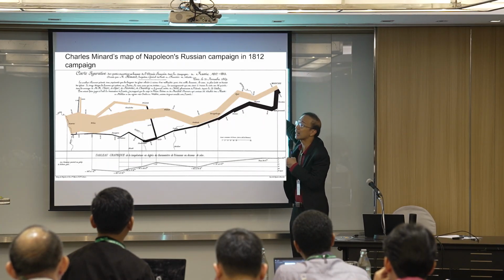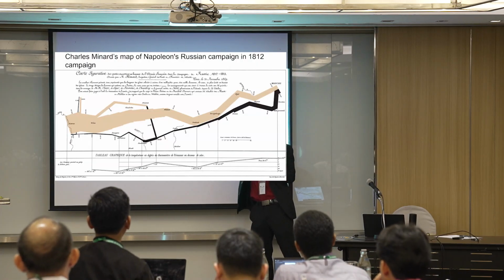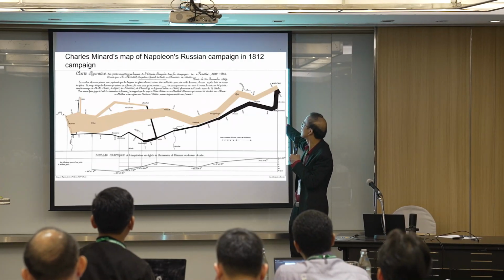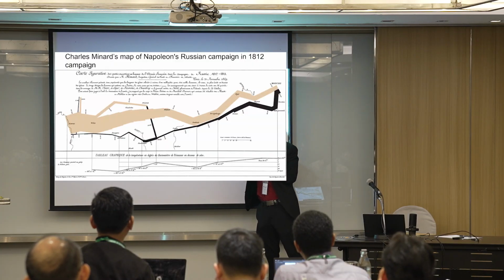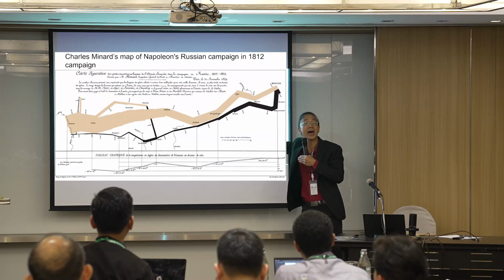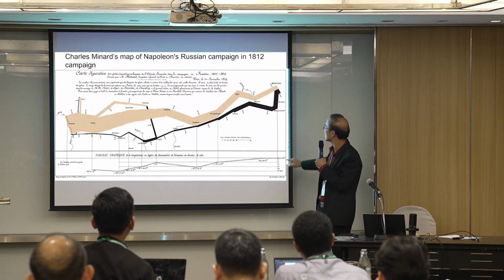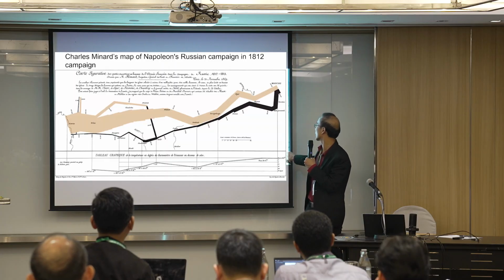They use a different color to represent the way back, okay? And of course, you can see that as they move back, the width is getting smaller, which means many soldiers die on the way back. And if you look at this chart, right, you can